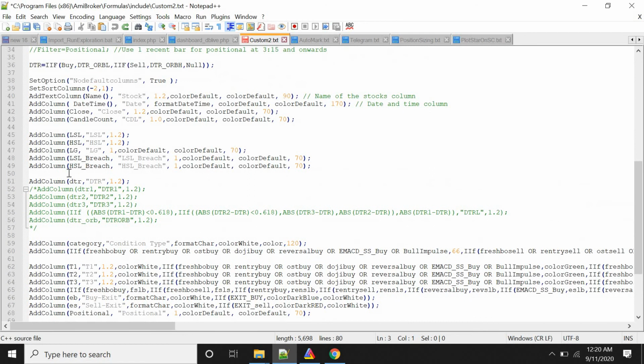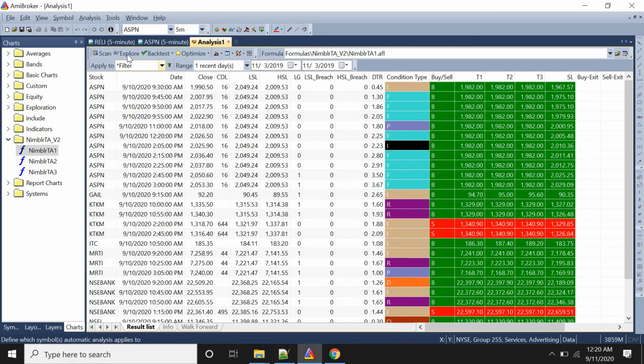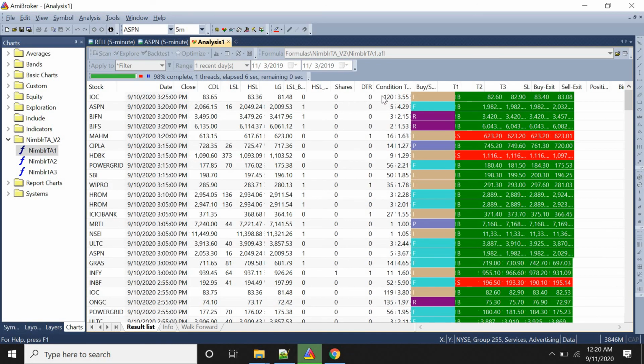So what I see is, if I just add this value and I want a stock value maybe only for 10,000. So if I have 10,000 rupees, what is the number of stocks I would get? So I just go over here, I do an explore, and now I would see I would get only 5 shares over here because it is approximately 2,000 and 10,000 is my value. So I can purchase only